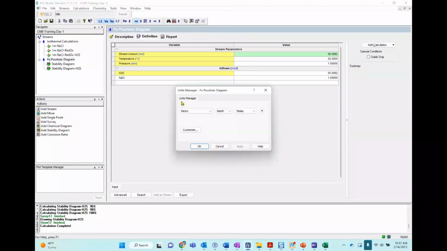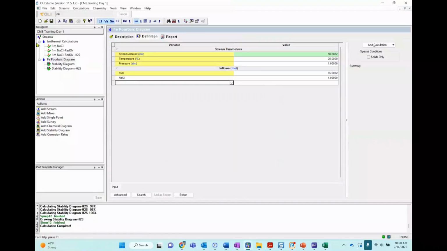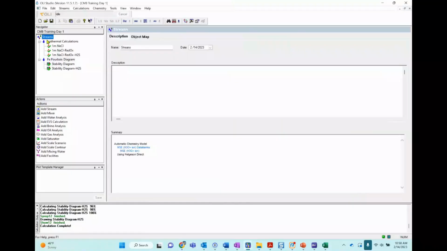We haven't gone through the units manager yet, so we will learn. Sorry for interrupting. First, when I copy and then paste the calculation, the system changes by default from batch to flowing. I don't know why.